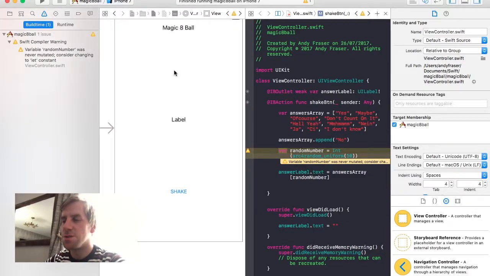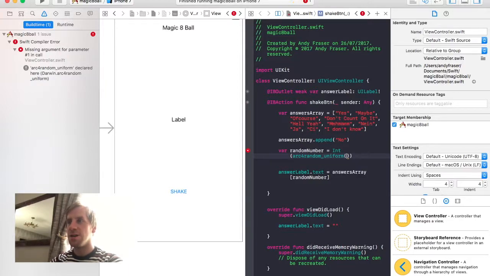So what we do to stop that is we could put an 11 in there, and then when we came back the next time and put in another one, we'd have to change it to 12. So we don't really want that, that's not clever. So if we take this out, we're looking for a random number up to 10, but what we're actually looking for is a random number up to the amount of items in that array, and there's a special function of the array type that you can use, which is called the count, right? So if we go answers array